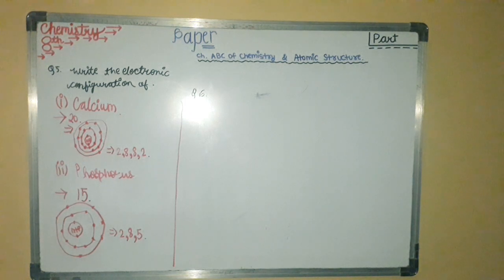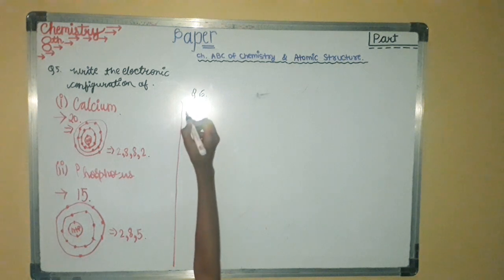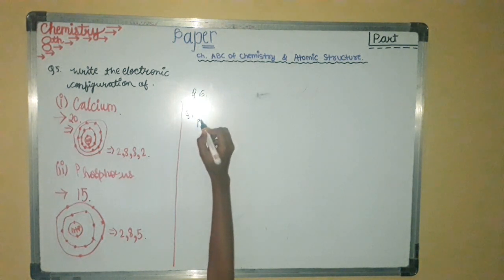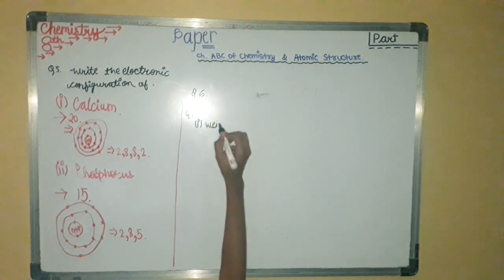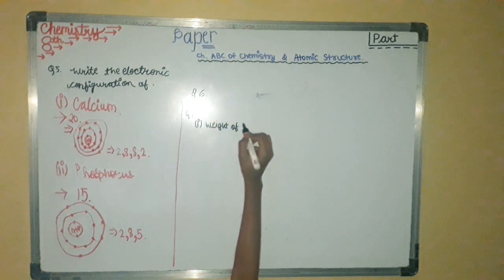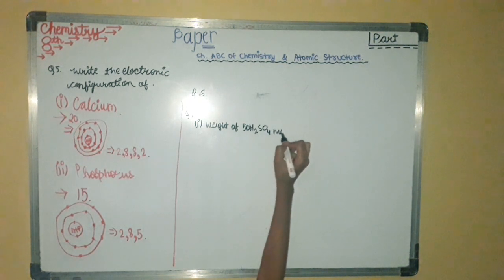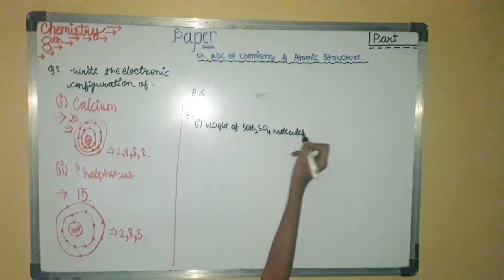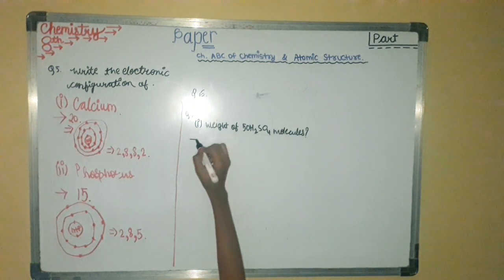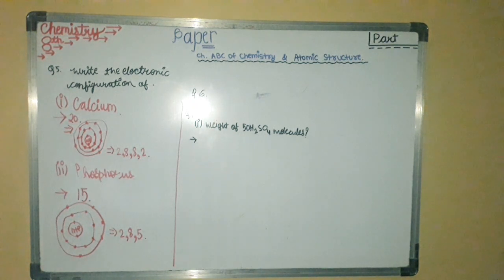Now, next question is question number 7. That is, find the weight of 50 H2SO4 molecules. Question 7. First, weight of 50 H2SO4 molecules. What is that? 50 H2SO4. So, the answer is